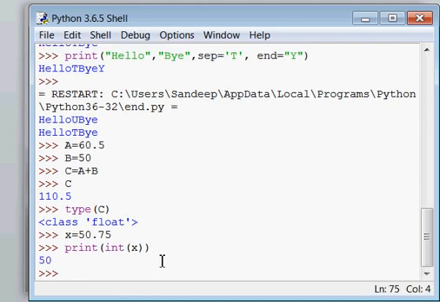Int of x means your computer is converting your float type value into an integer and then printing it due to the int function. So this is an example of explicit data type conversion, and we have shown here that a float type value is converted into integer type.